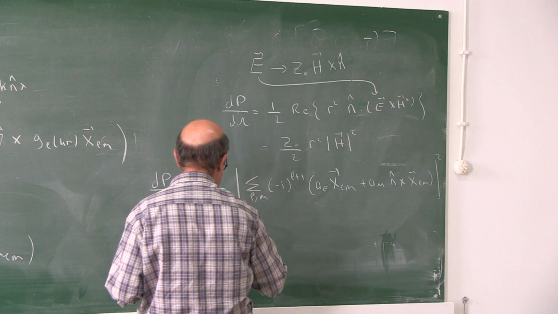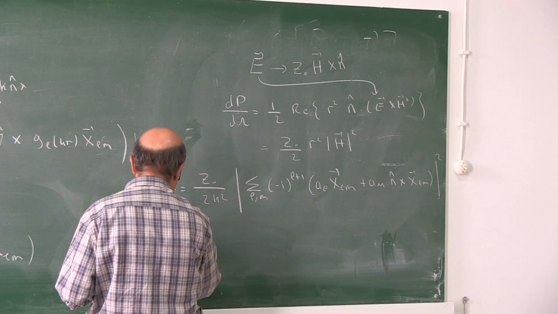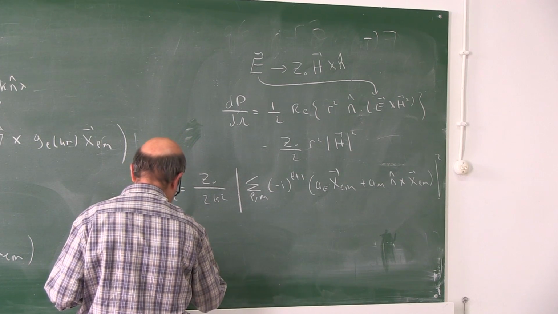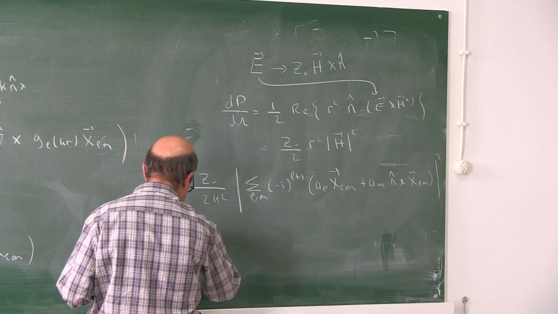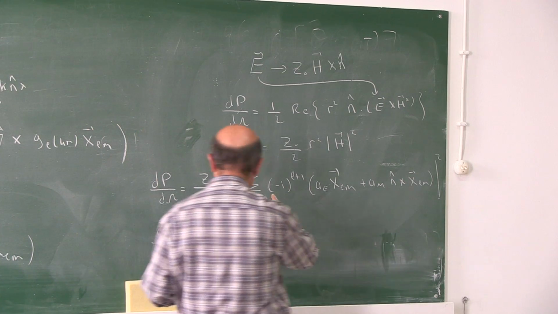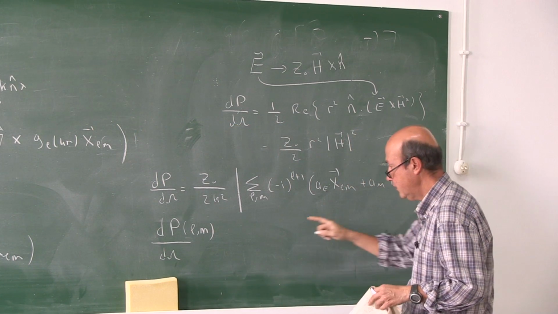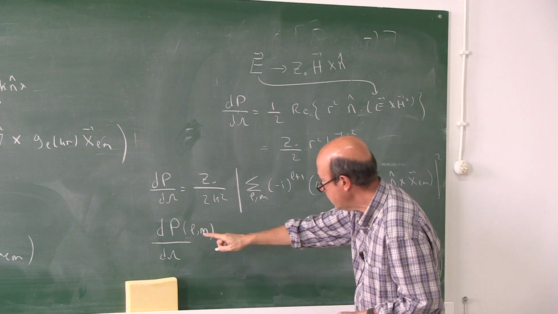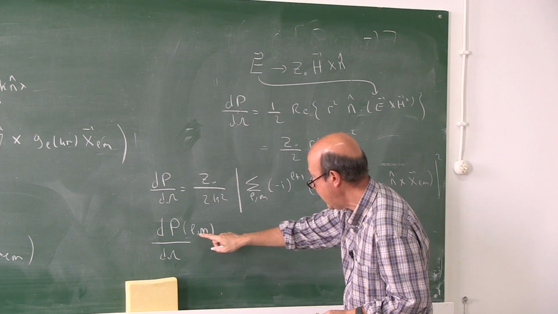So take this to the inside. This is the power per solid angle for each Lm value. So if you want to write this for just a multipole order Lm,